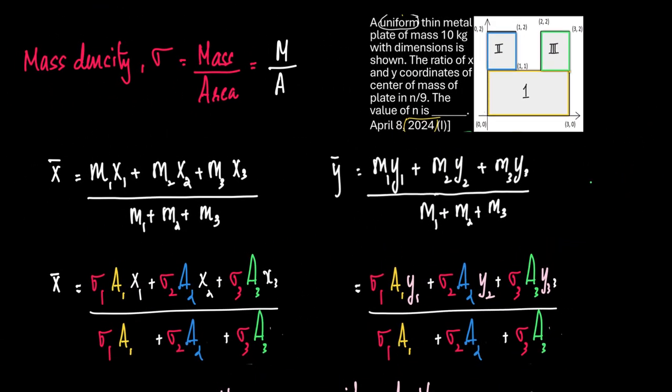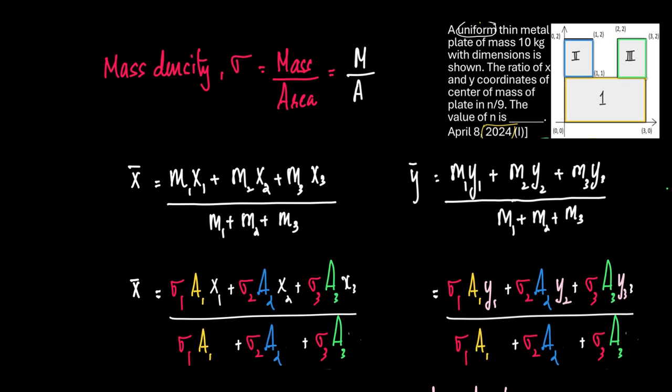We know that the mass density, which is equal to sigma, is mass by area, which is equal to m by a. Now we have x bar is equal to m1 x1 plus m2 x2 plus m3 x3 by m1 plus m2 plus m3, the x coordinate of center of mass. And similarly, we have y bar with the corresponding terms m1 y1, m2 y2, m3 y3 over m1 m2 m3. Now, if sigma is equal to m by a,